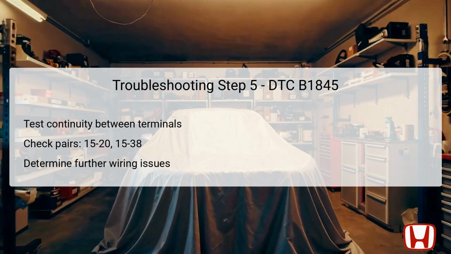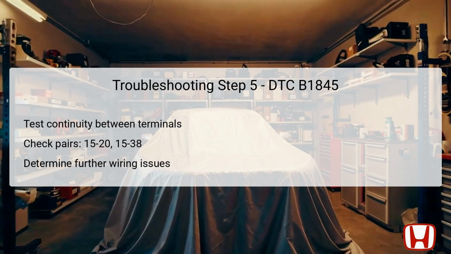unit are functioning correctly. If continuity is interrupted between any of these pairs, further investigation into the wiring harness and connections is warranted. An issue detected here could indicate a broken wire, poor connection, or a failed internal component within the control unit that may need replacing. Addressing the findings from this test will provide insights into the nature and extent of any issues affecting the power